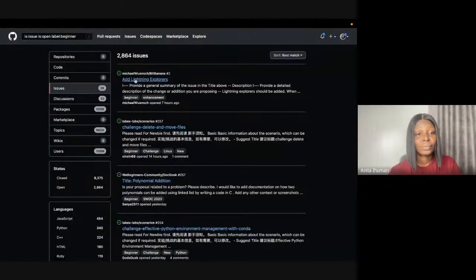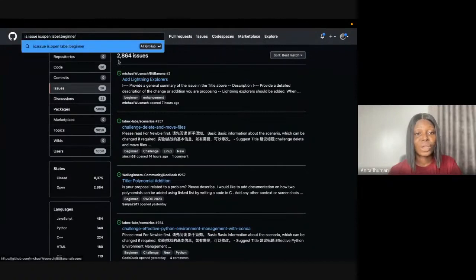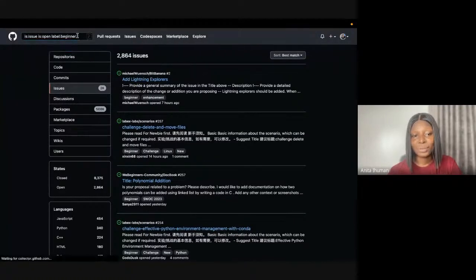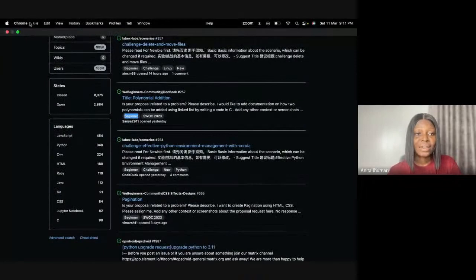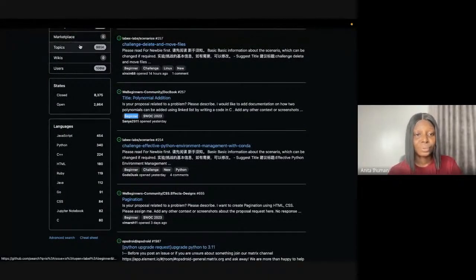So you can actually use this right here. This label takes us straight to available issues that are labeled beginner, and you can see there's a beginner here, there's a beginner here, there's a beginner here, and all of these are beginner friendly issues. Now another command also,